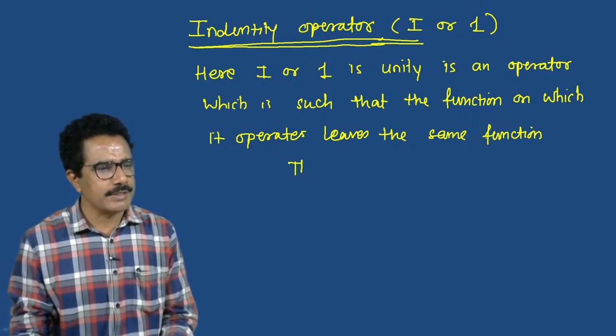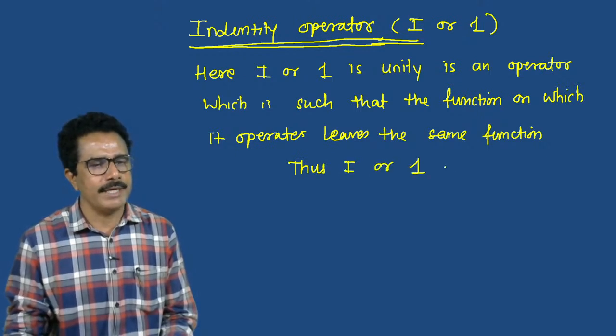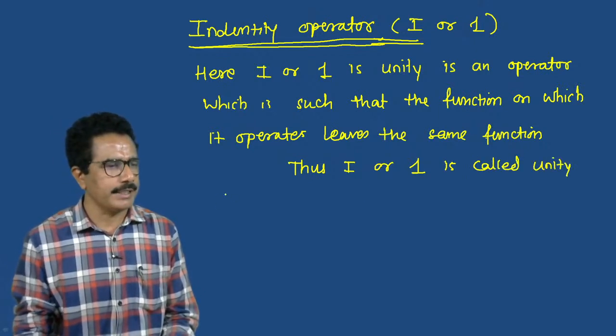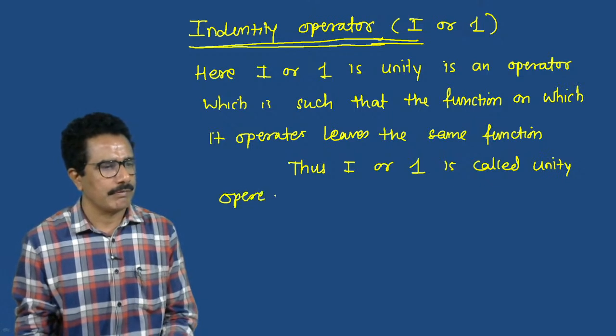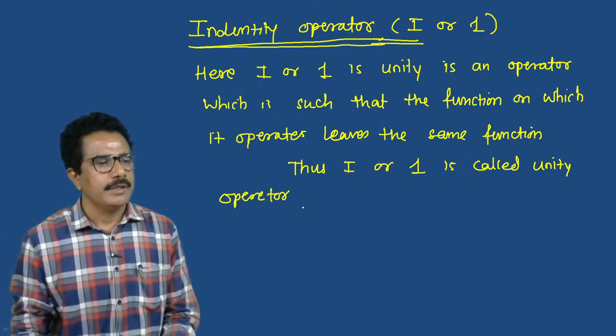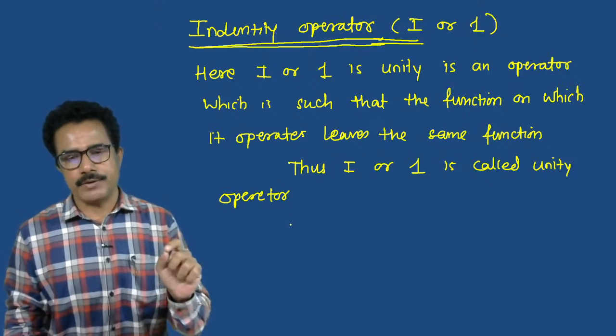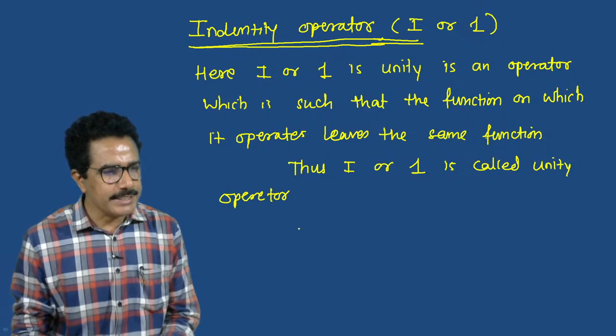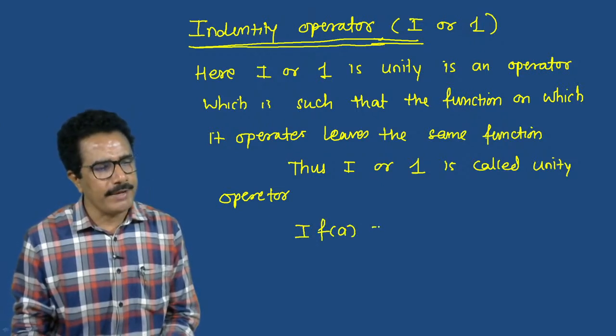So thus I or 1 is called the unity operator. So I or 1 is called a unity operator, means see this, that is I of f of a which is equals to f of a,